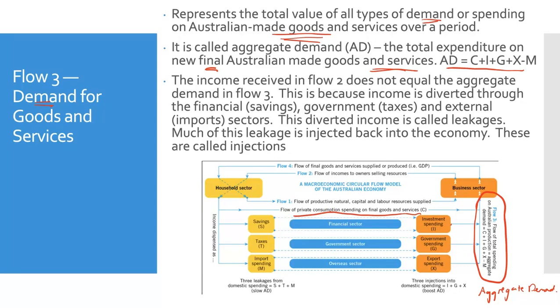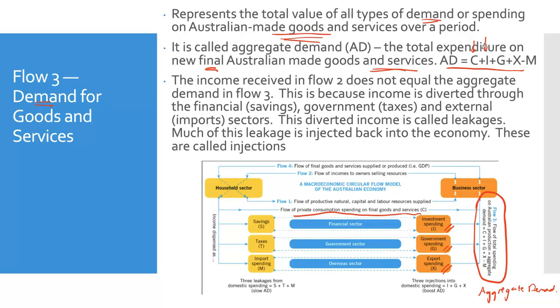The I is investment. G is government. And X is exports. So all of the demand on Australian-made goods or services comprises C, all the goods that households demand,